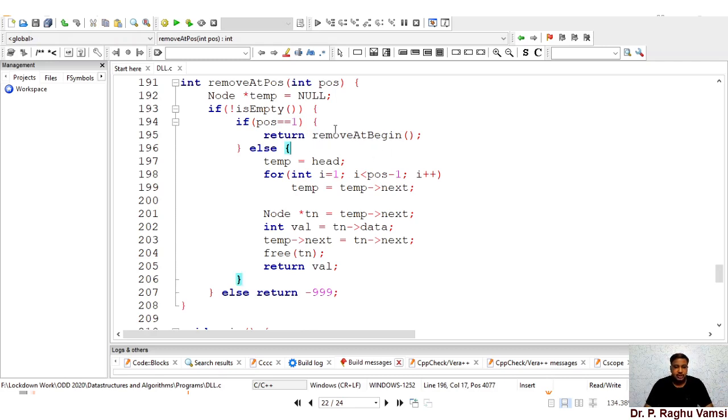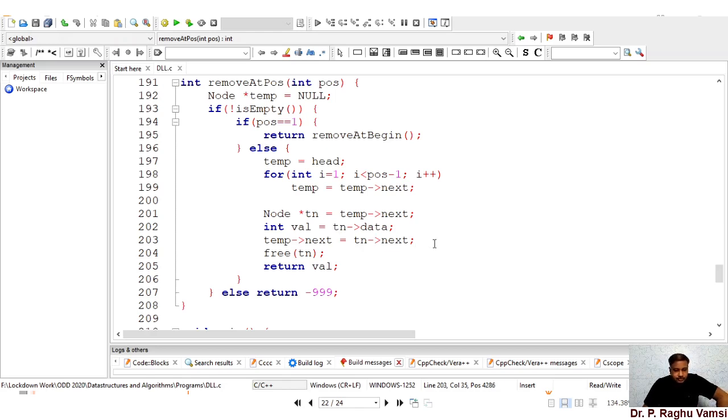If the position is not equal to 1, then go to the else part. Temp is equal to head, then move till position -1. Hold the position node in tn. Now, since temp holds the position -1 node, temp next should point to tn next.